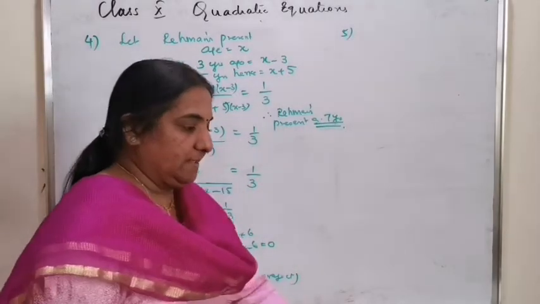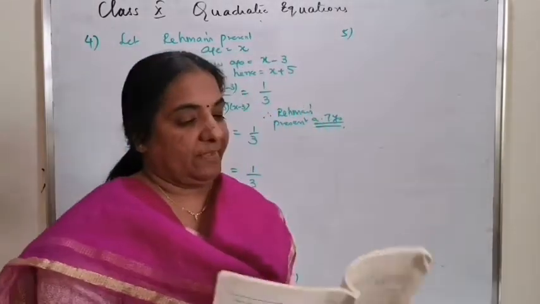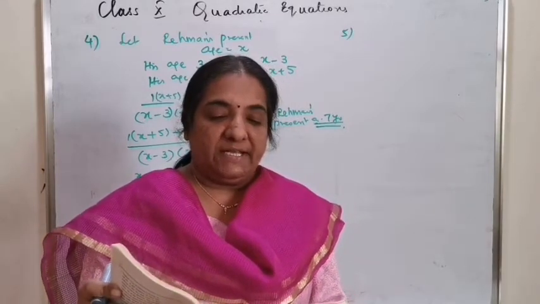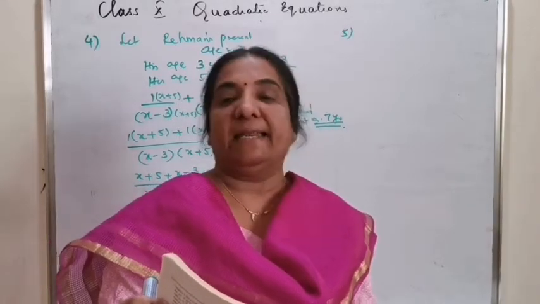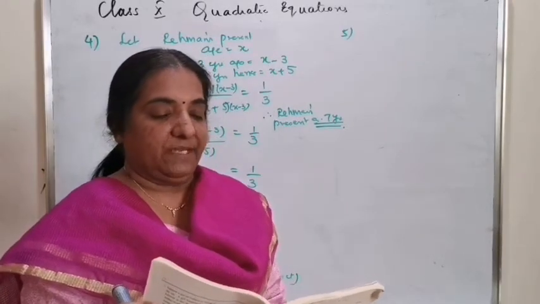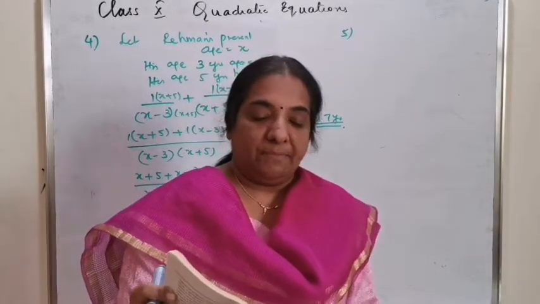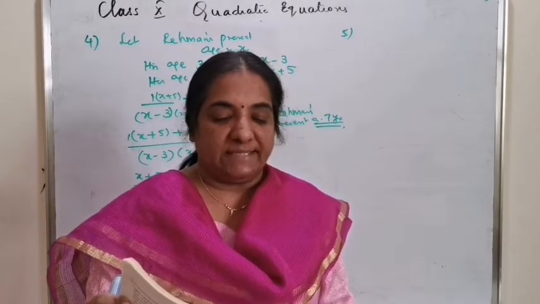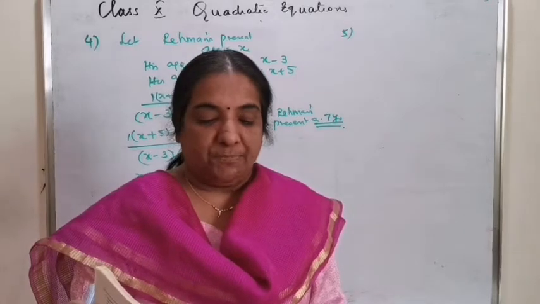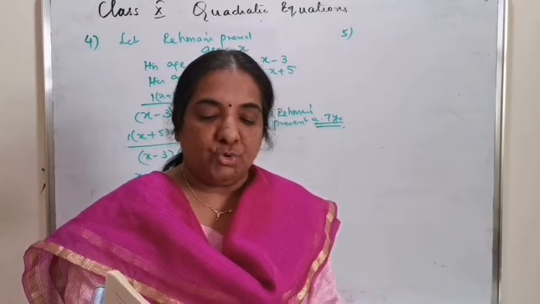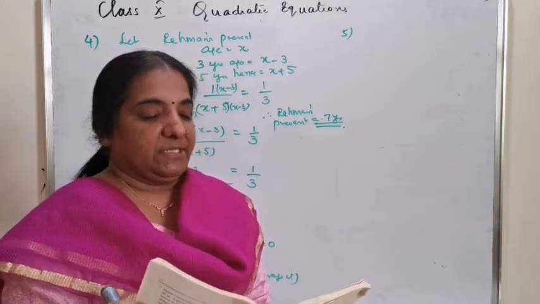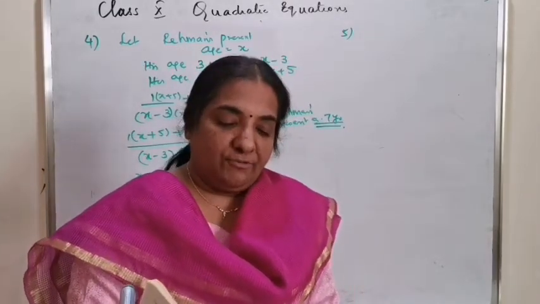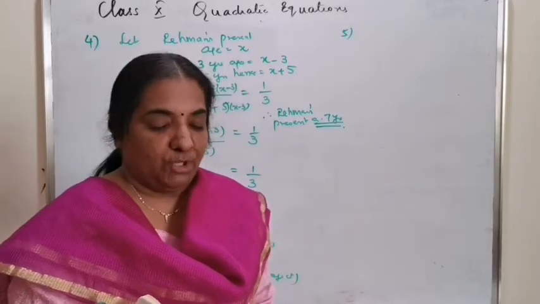Let's go with question number 5. In a class test, the sum of Shefali's marks in maths and English is 30. That means the total in maths and English is 30. Had she got 2 marks more in maths and 3 marks less in English, the product of their marks would have been 220. So the same way we did the sum of 2 numbers and product of 2 numbers. If you feel like taking x and y, there is no problem.